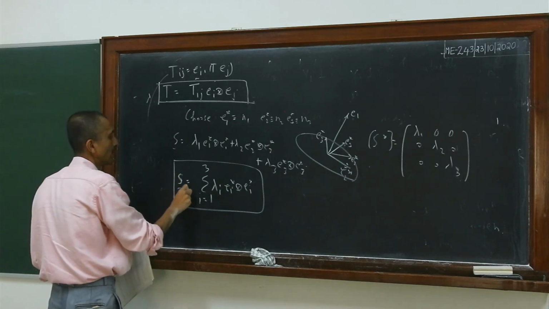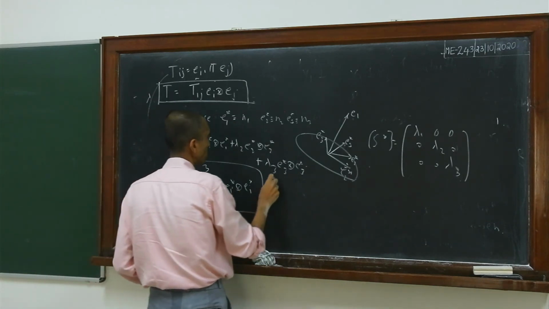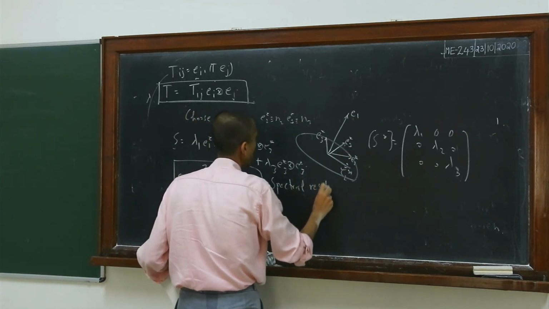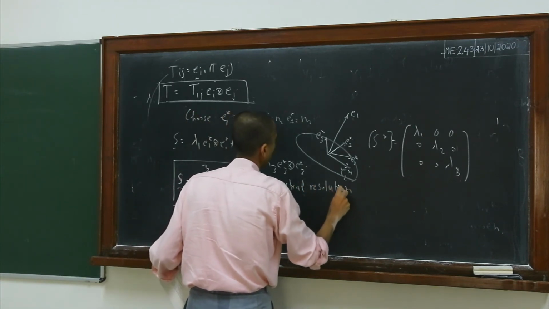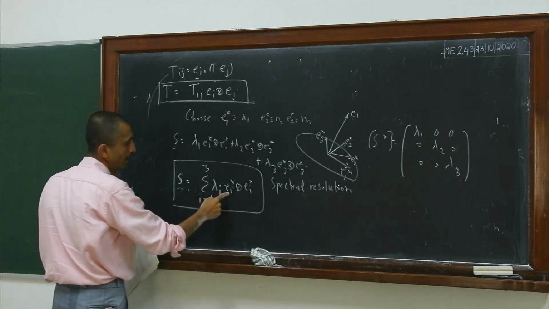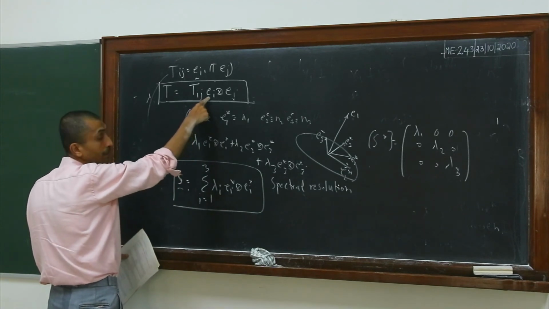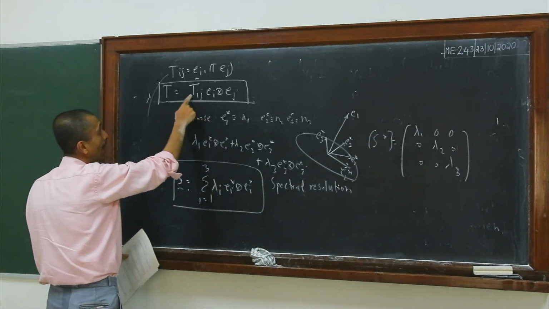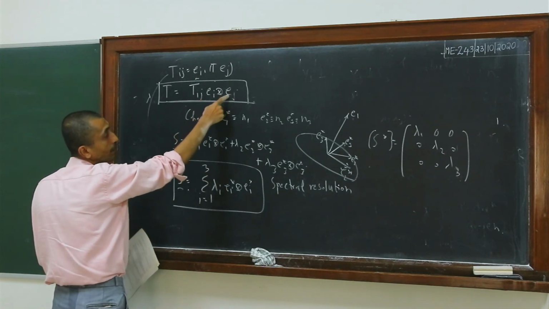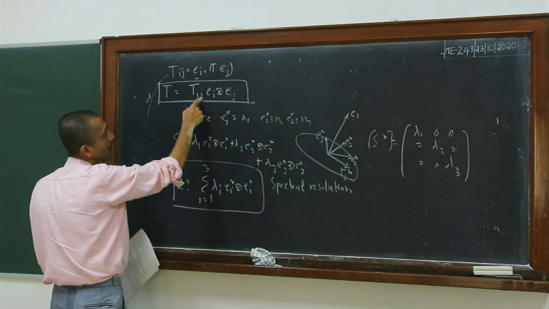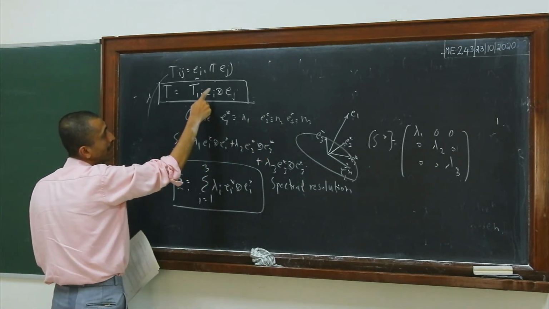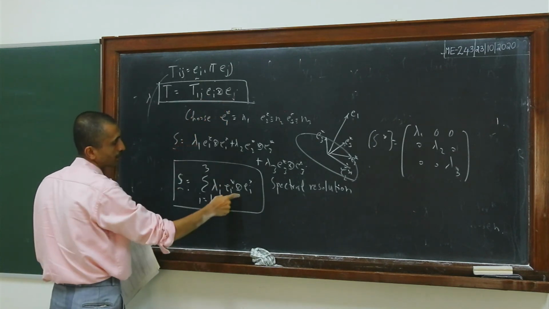So this is a very, very important result, known as the spectral decomposition or resolution of a tensor. I obtained this result by simply using the principal frame as the basis. Instead of ei dyadic ej, I am using the principal frame. For example, S12 will be 0 because it is an off-diagonal component. That is why you don't get terms like E1 star dyadic E2 star in this representation.